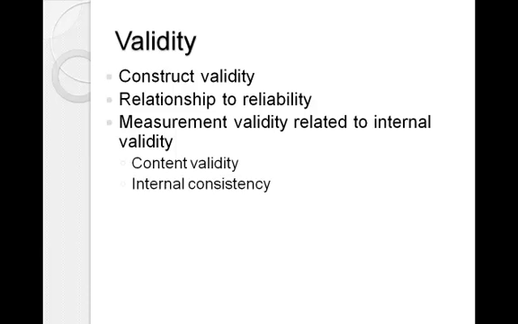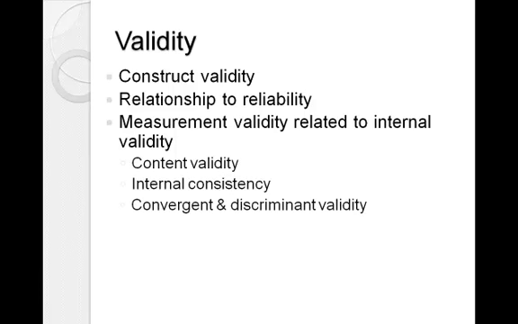I won't go into a long story now, but it's better to look at inter-item correlations than just Cronbach's alpha, because Cronbach's alpha is very sensitive to the number of items. If you have a lot of items, it's going to make that number larger, even if they're not that internally consistent. Okay, so we want to look at internal consistency, and then the other big thing is convergent and